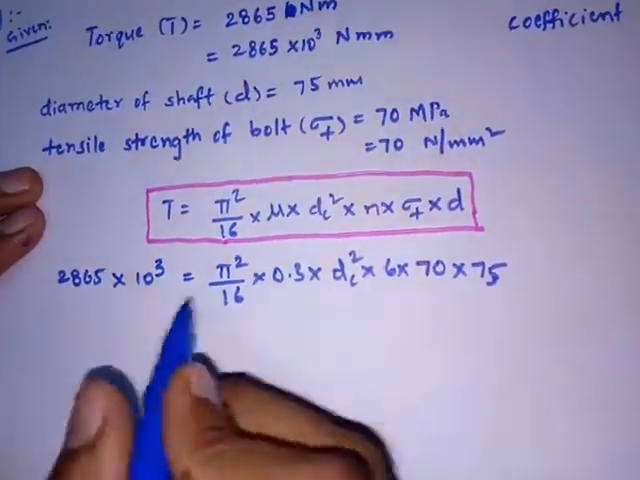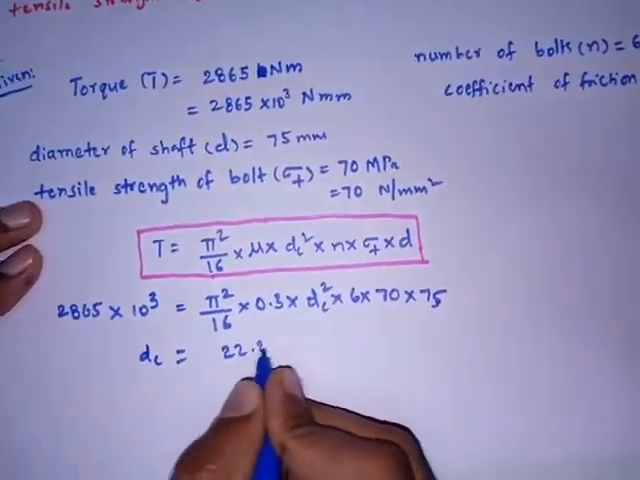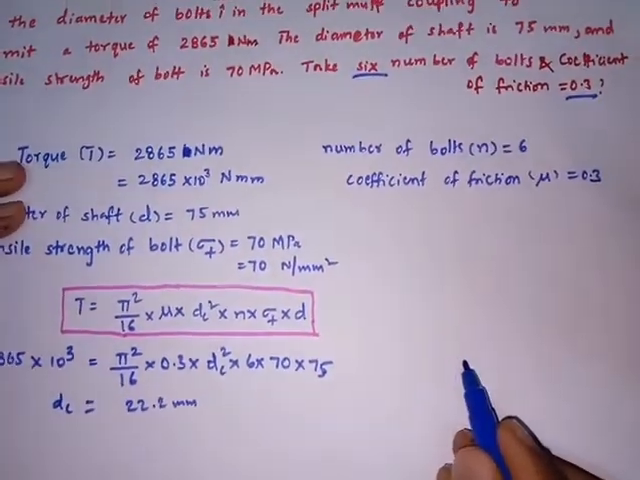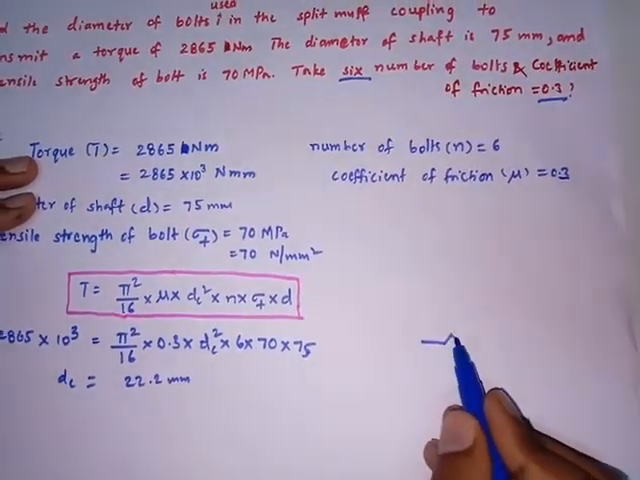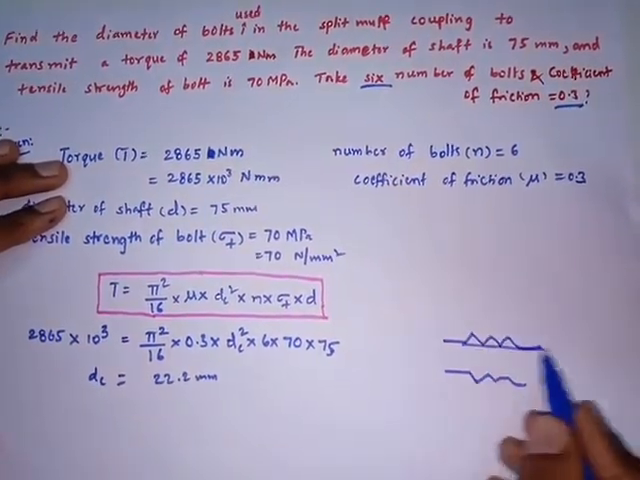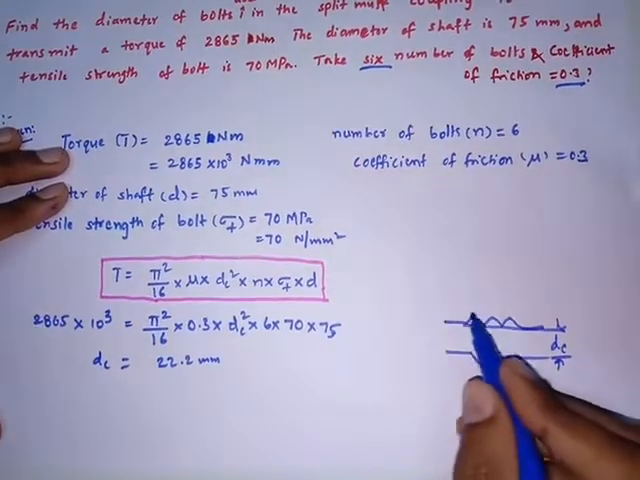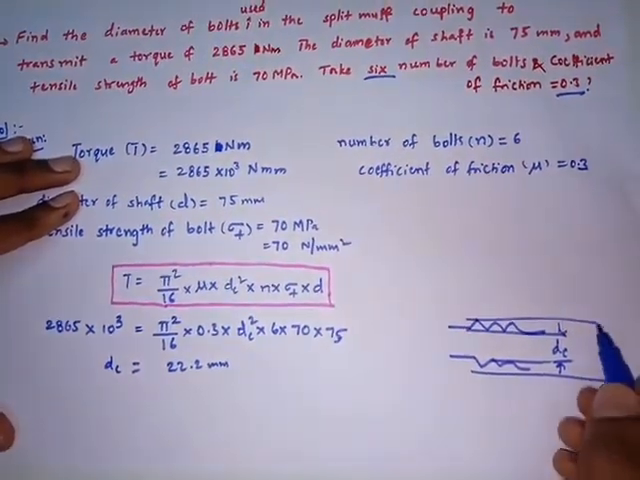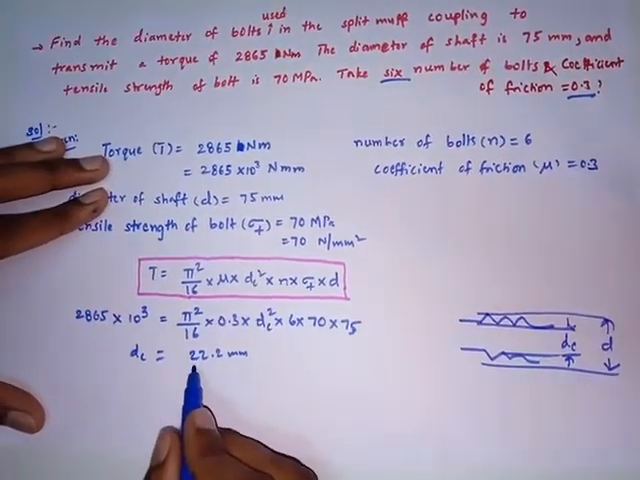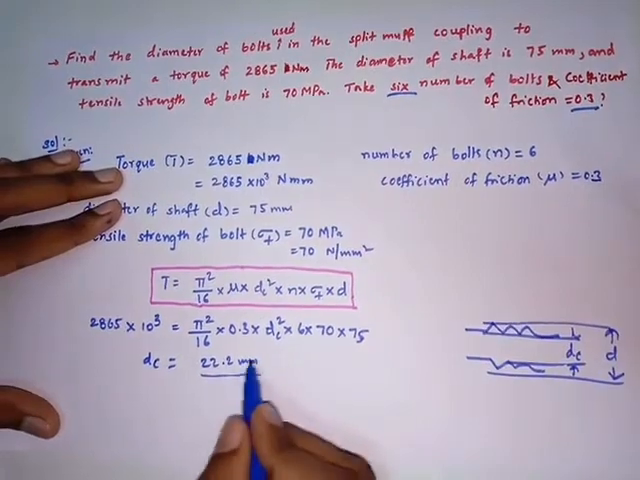And if you solve this equation, you will get a dc value of 22.2 mm. So this is the core diameter of the bolt. You know that we have already discussed the core diameter of the bolt. It is the minimum diameter in the bolt, corresponding to the roots, that is dc. This is the dc value, that is the core diameter of the bolt, and this is the major diameter of the bolt D. So see here, this 22.2 mm is the core diameter of the bolt, which we got by solving